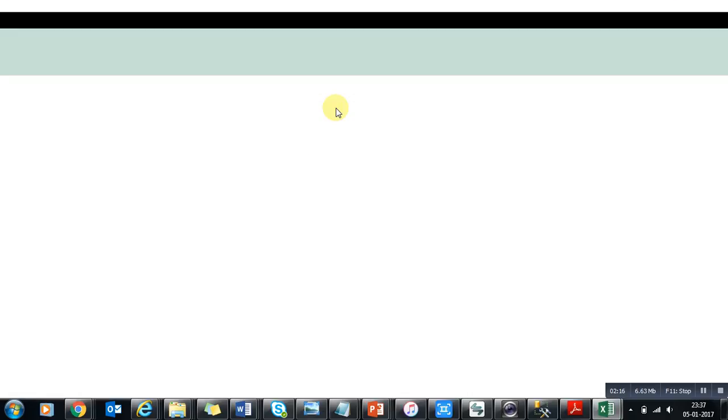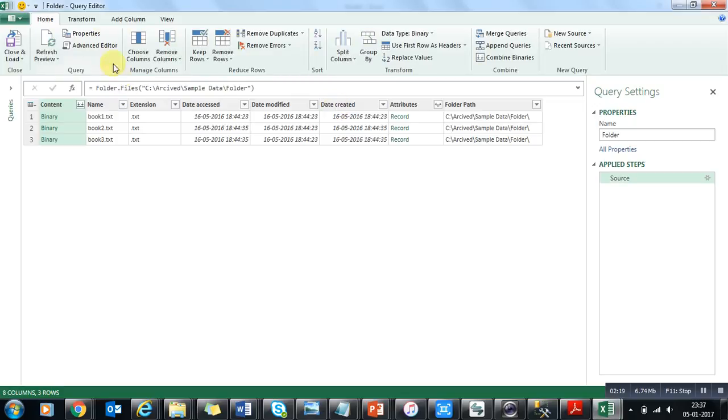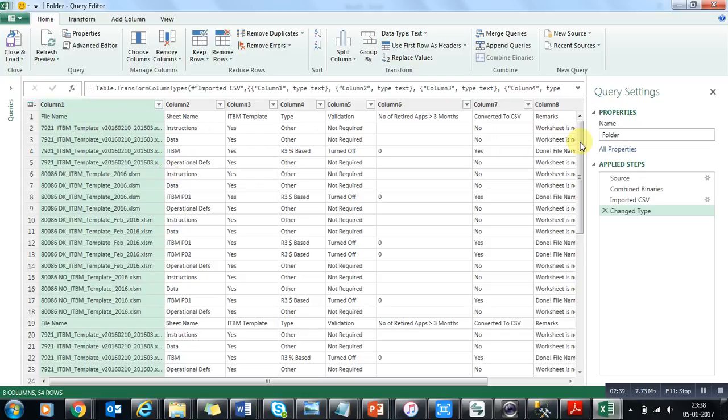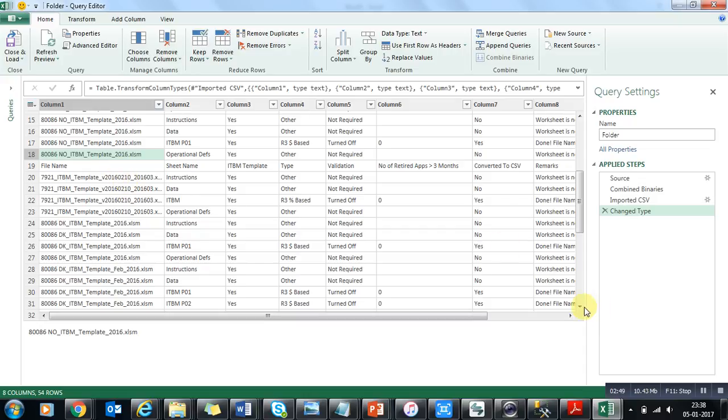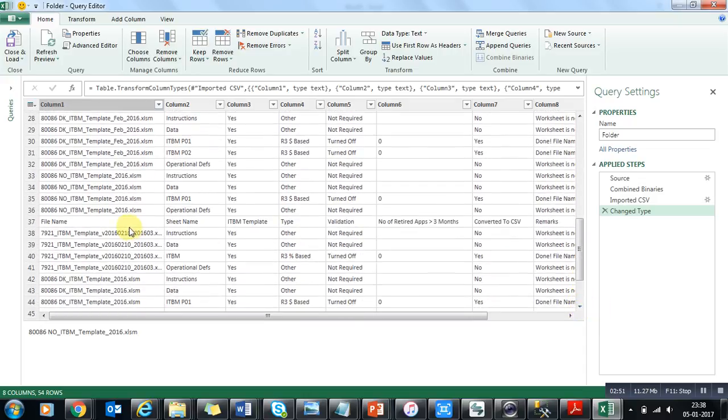Once you click on Edit, it redirects you to the query editor mode. Now you can see there is a small option available, which is used to compile all these three files into one, so that we can have all the data in one summarized view. Let me click on this. It automatically creates a combination of the three files. You can see the first file's data up to here, and after that you can see the header row again, and after it the data again.